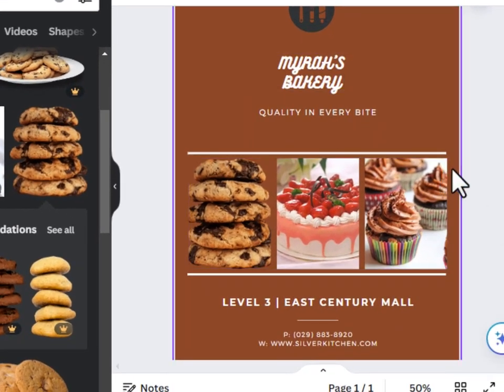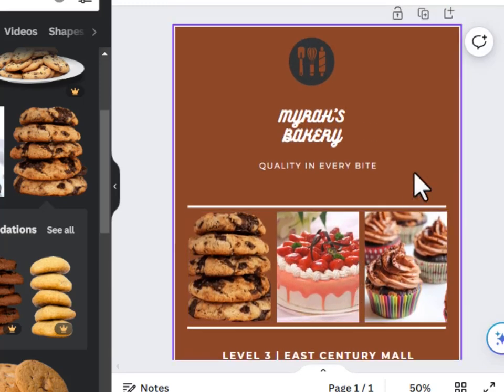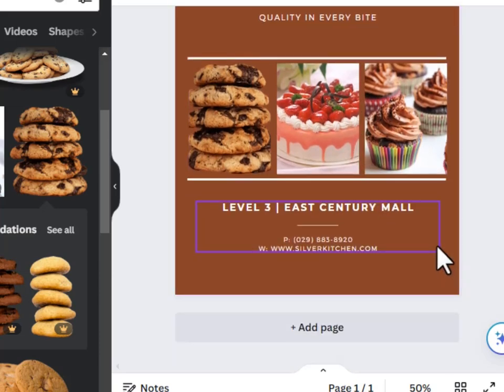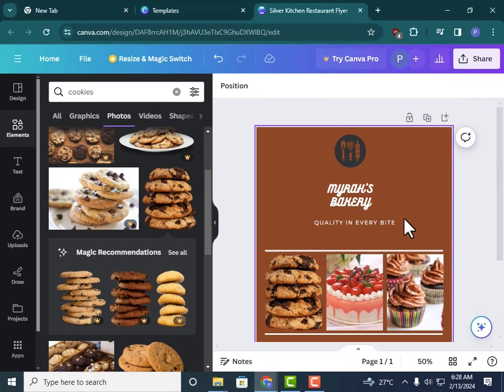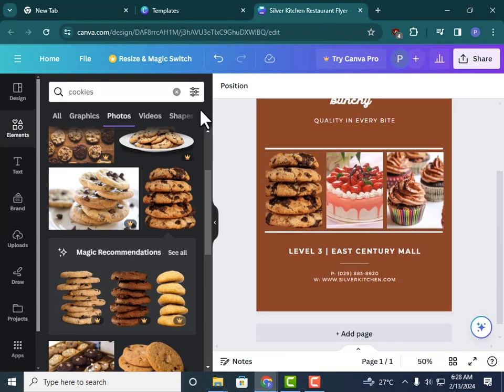So you can do pretty much anything with Canva. You can make as many edits. Remember, we've changed the background, the logo, and everything else. So just personalize it as much as you can to bring out your message and to captivate the people. Just make it plain and simple, and you'll have some